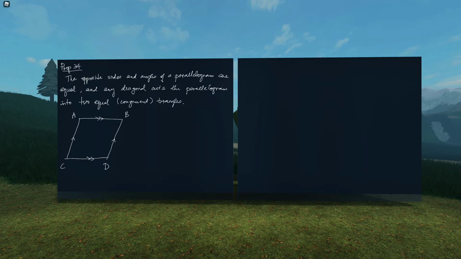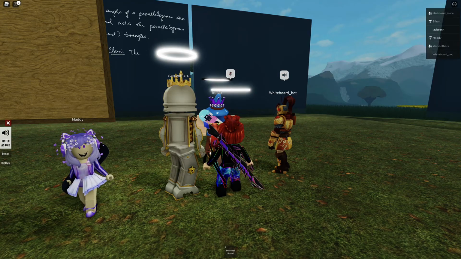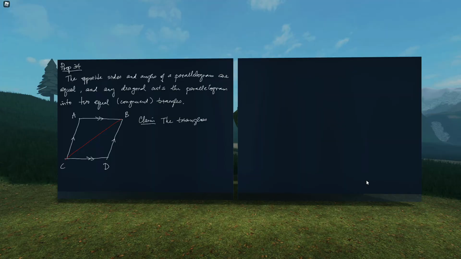In fact, all three of these statements are going to follow if we can show that the triangles are equal. Sorry, I forgot to use the line tool, so we're going to have a wonky parallelogram today. We're going to cut the parallelogram in half like this. And the claim is that the triangles ABC and DCB